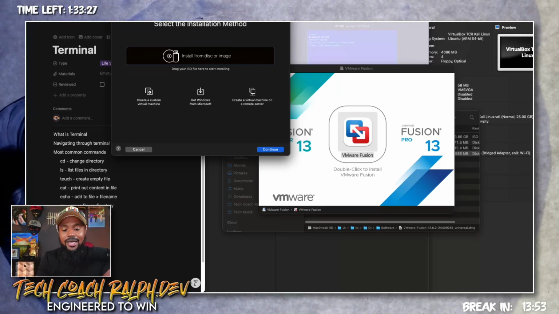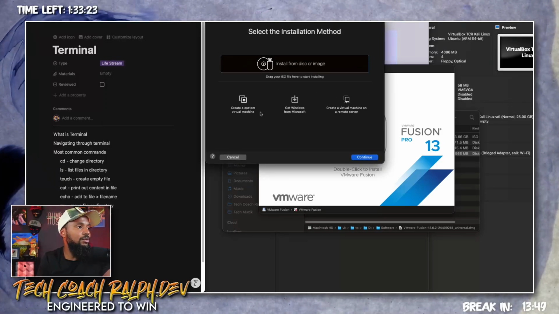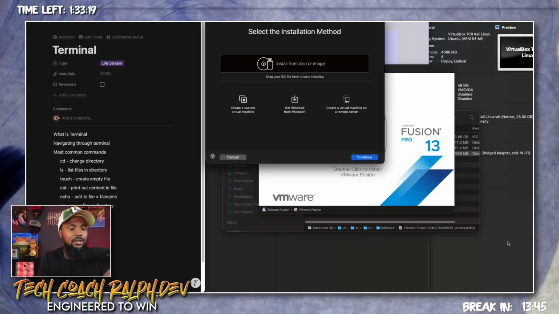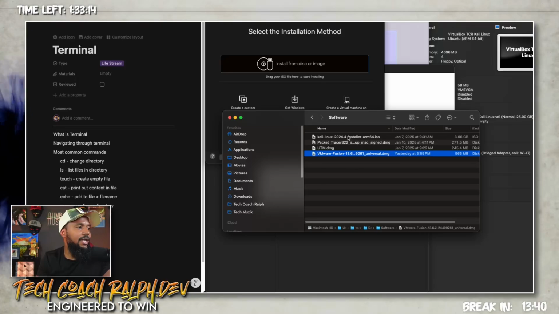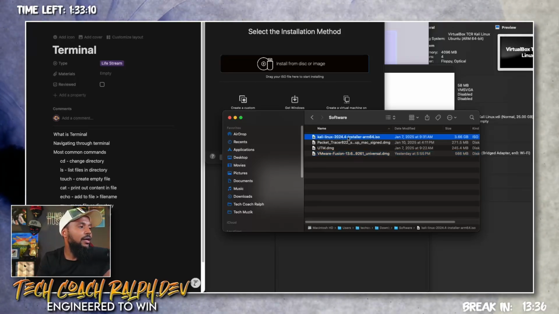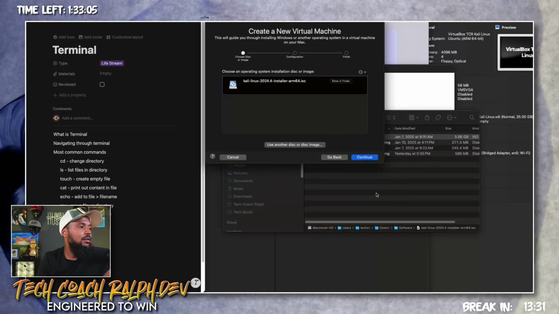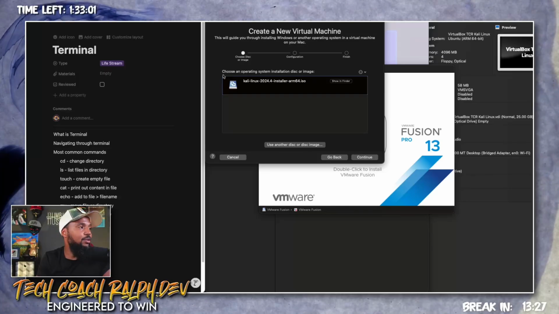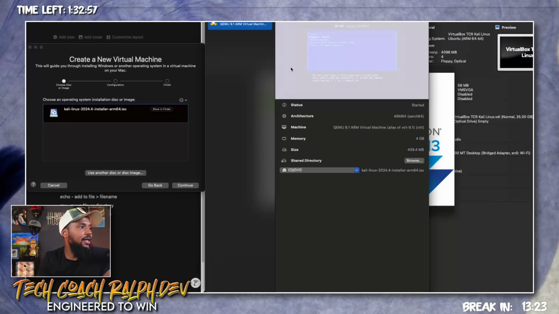All right. So we have it installed now. Select installation message. We will say install from disk, drag your ISO here. So I need to find the Kali Linux ISO. All right, so I'm gonna drag this over here. All right, so let me get this off now. I don't need this anymore. All right, so we have VMware Fusion. Let me move this. We don't need that right now. And we have